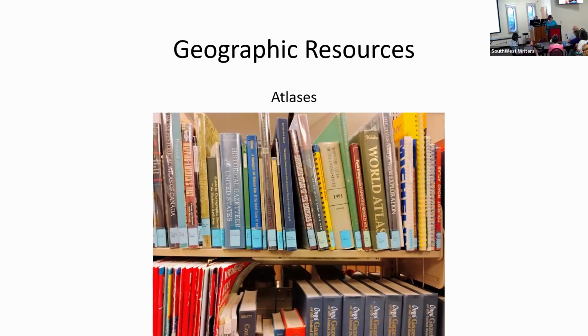So whether you're writing historical fiction, current fiction, nonfiction, if you want to add some authenticity geographically, you can find atlases that will give it to you very quickly. And these are not necessarily digitized and online. If they are, they aren't always free. But at your local library, you can get them for free. And a lot of these, they just will be the first time you've seen them.